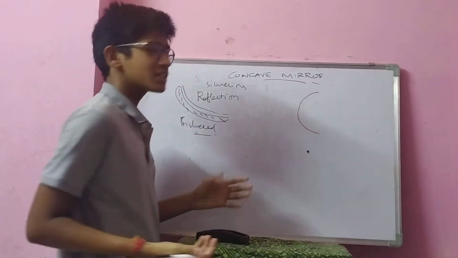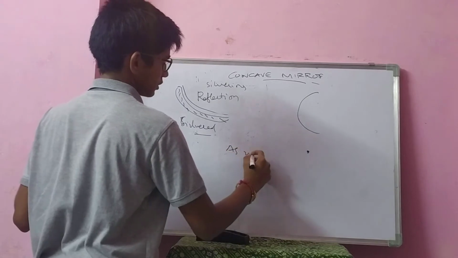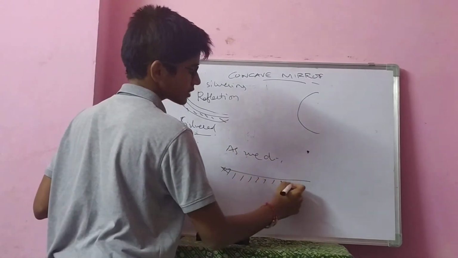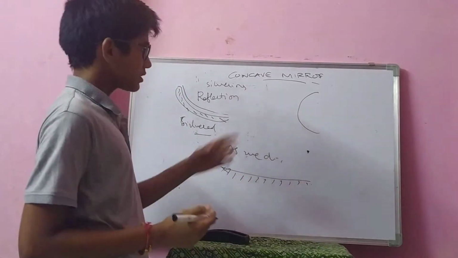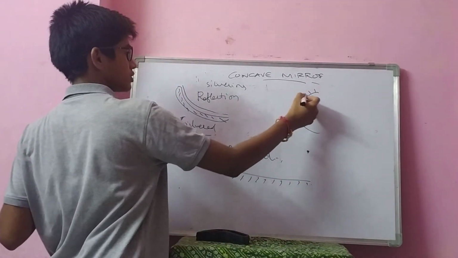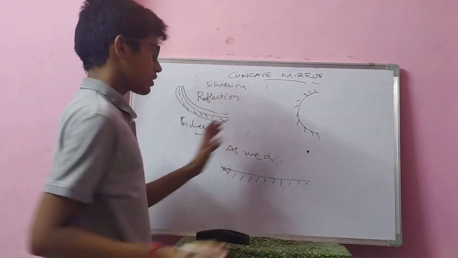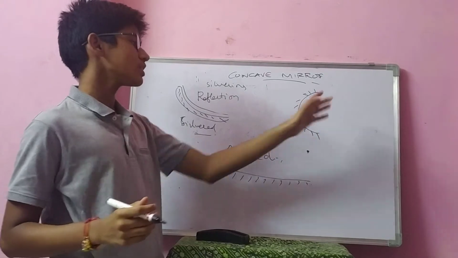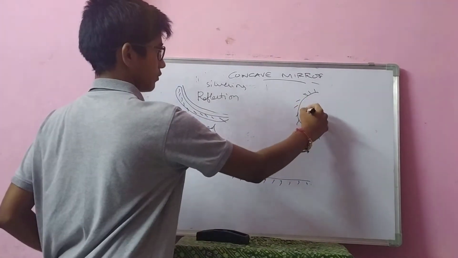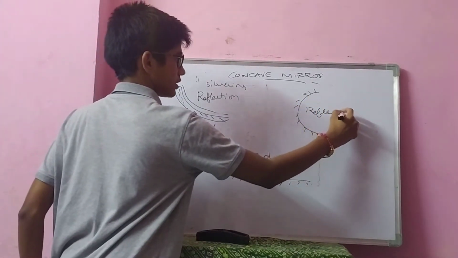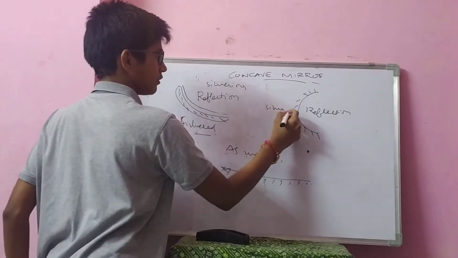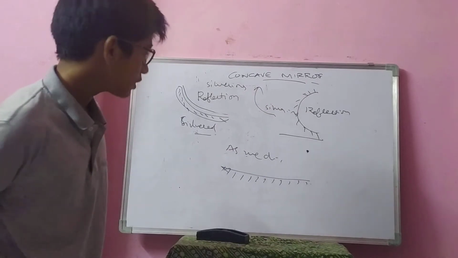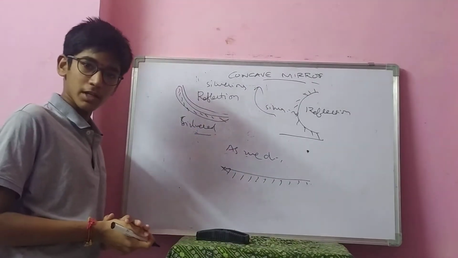The concave mirror is represented as we discussed. A plane mirror is a straight line with one side shown like this. In the same way, a concave mirror is shown in this way. The side which we are coating is represented by these short lines, and the open surface is used for reflection. This is for silvering. We represent the concave mirror in this way. This is a basic introduction to concave mirror.